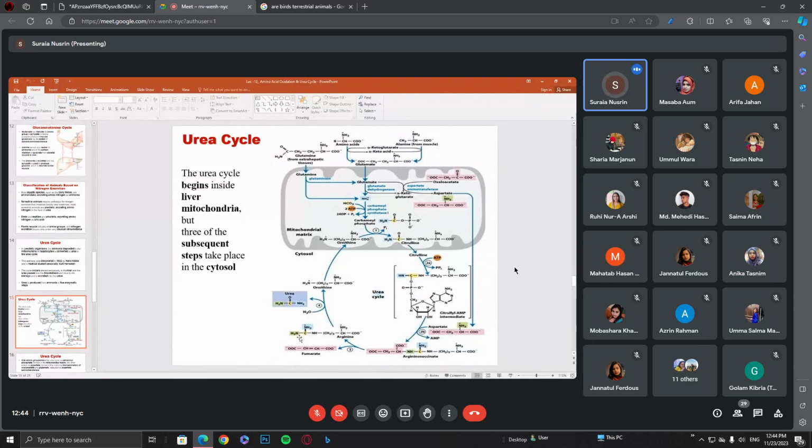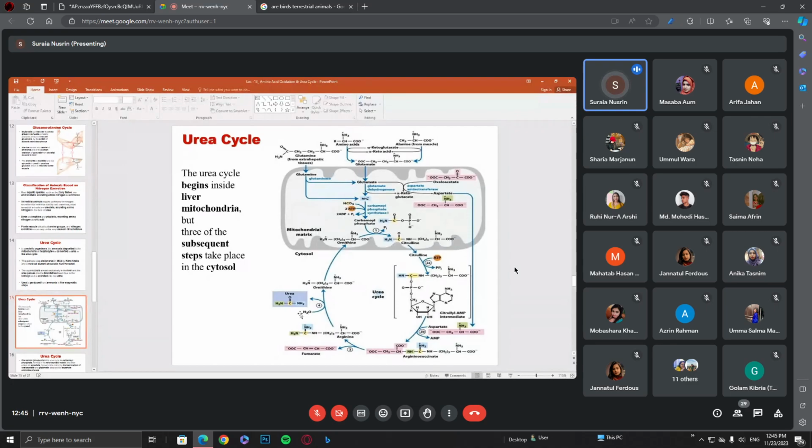So that urea, if you look at its structure, contains two amino groups and the carbonyl carbon, which at the beginning we get in the form of carbamoyl phosphate from the bicarbonate. Okay, so urea is released and the remaining structure of the arginine becomes ornithine. Ornithine is the starting molecule, ready to enter the mitochondrial matrix and condense with another molecule of carbamoyl phosphate.